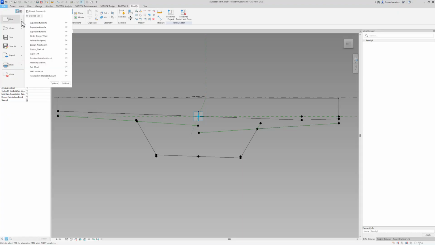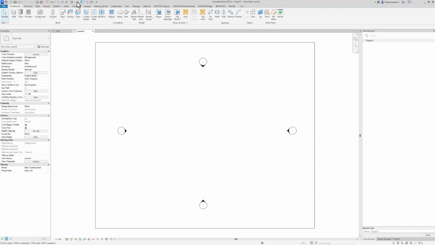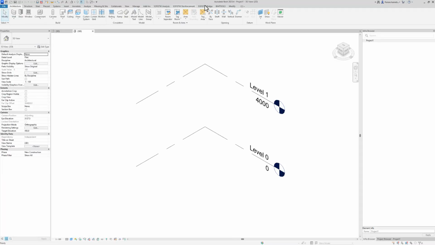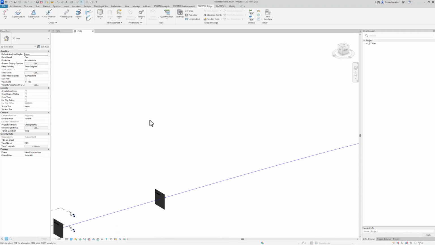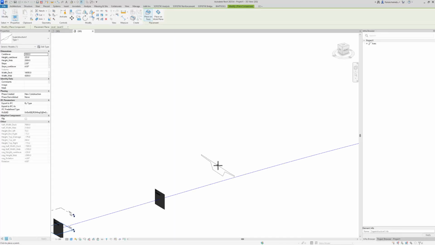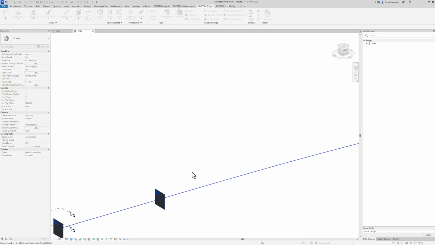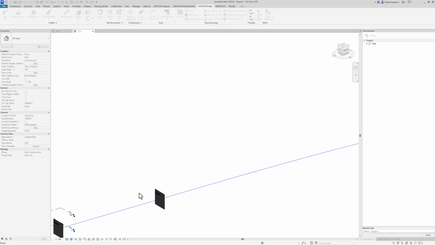Let's create a new project. I use the standard construction template. I go to a 3D view, go to Sophistic Bridge, create a new axis, click on OK. And by loading the family into the project, it is instantly available for the Sophistic Superstructure command. So here it is, you can see superstructure number 1, type 1, and all my parameters are available. So let's click on OK and just create it from start to end of this axis.